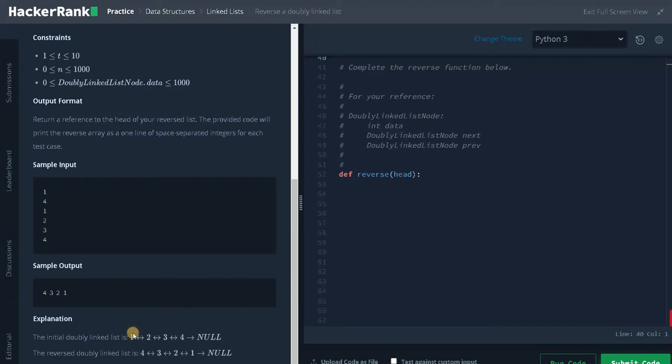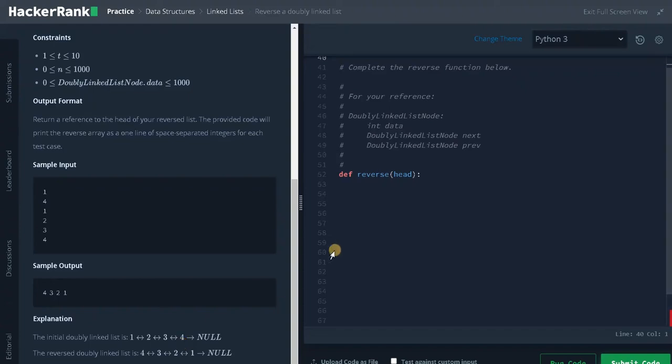So 2.next will be 1 and 2.previous will be 3. Basically, we are just swapping both of these pointers and doing it for the rest of the operations. Finally, when it reaches the end, we need to make changes for the last pointer, that is the tail, and return this node as the head pointer. That's the overall logic of this problem.